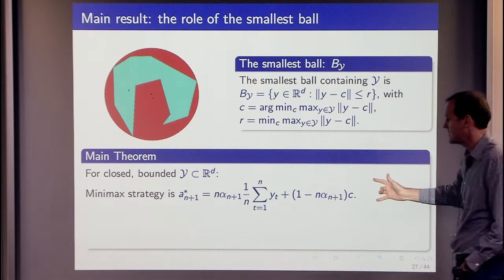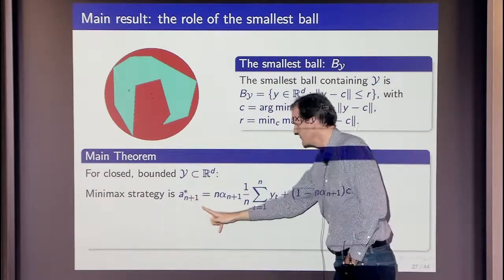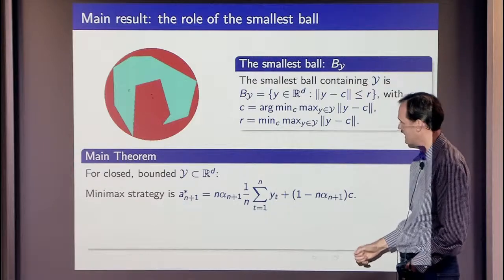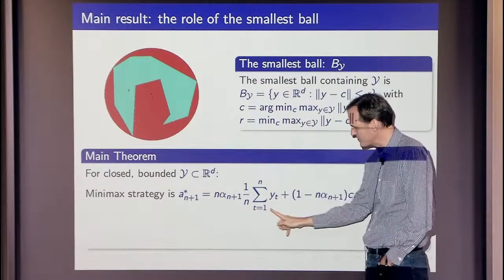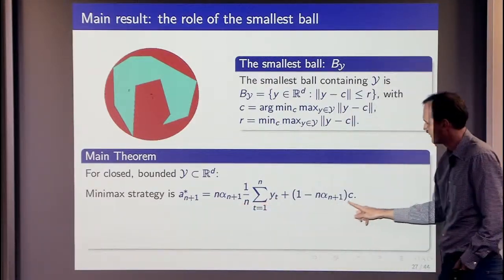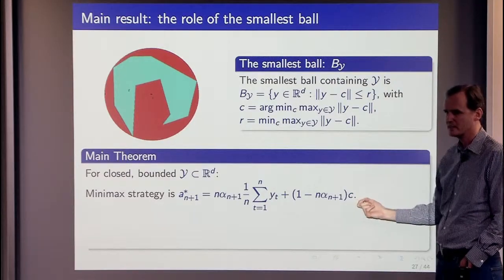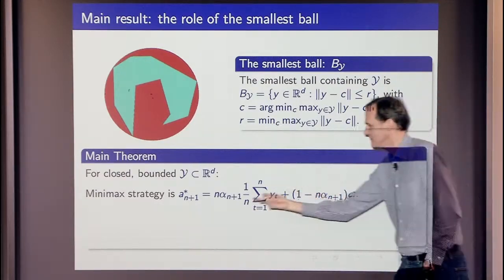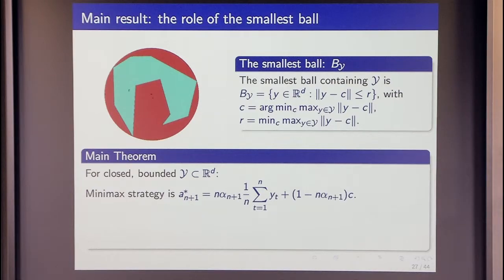And the optimal strategy in this case, given a sequence of n outcomes so far, is to take the sample average of those and take a mixture of that with the center. So you're shrinking towards the center at a very precisely prescribed rate. You shrink towards the center, and that's your prediction. And the optimal regret